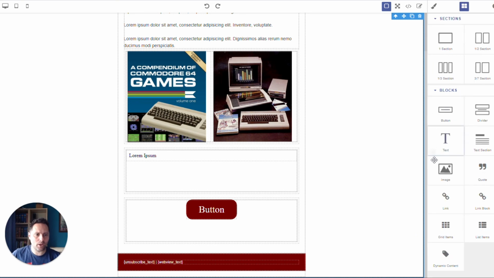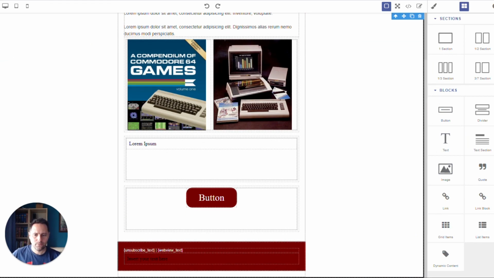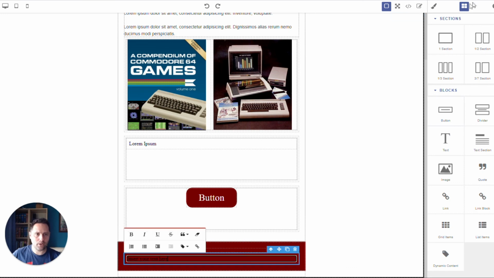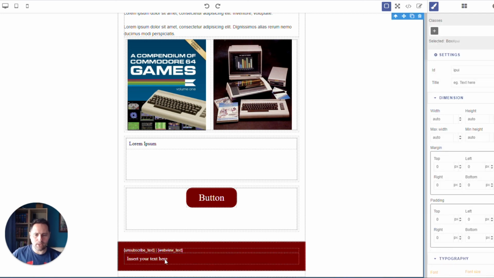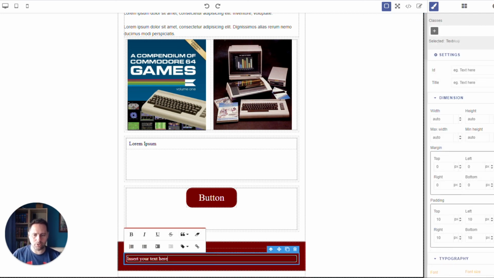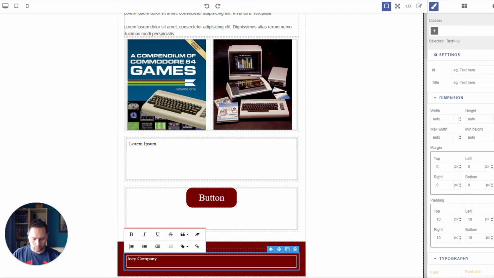If I want, I can add more items to this footer. I could add more text here. I could also make that white, just to be consistent, font color white. Okay. And I could have here my company name and everything. So I can say Joy Company,